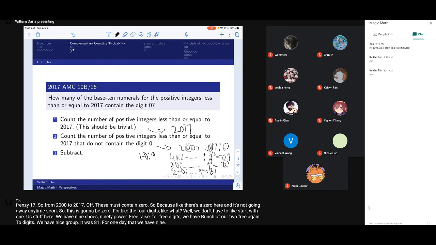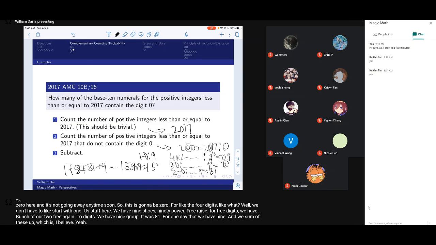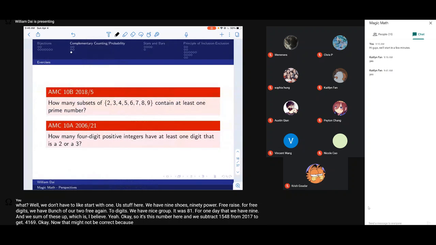And we sum all of these up, which is, I believe, this number here, and we subtract 1548 from 2017 to get 469. That might not be correct because I'm bad at mental math, but